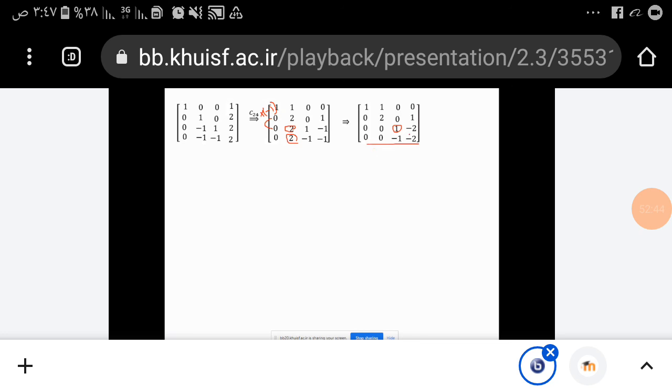Again, we calculate the maximum between 1, -2, -1, -2. It will be 2 in this case. We change the third and fourth columns